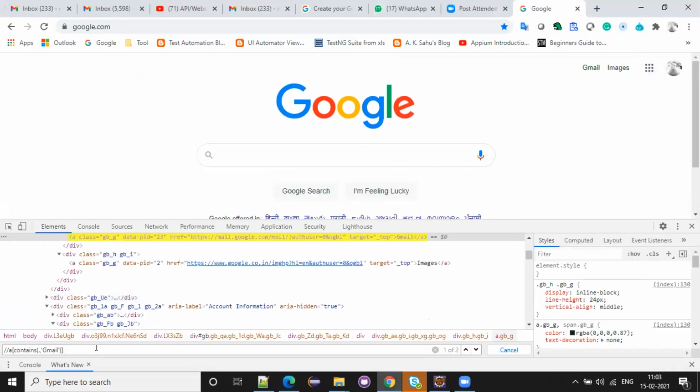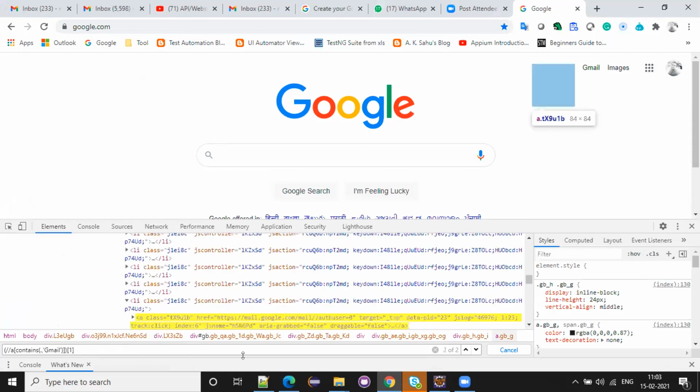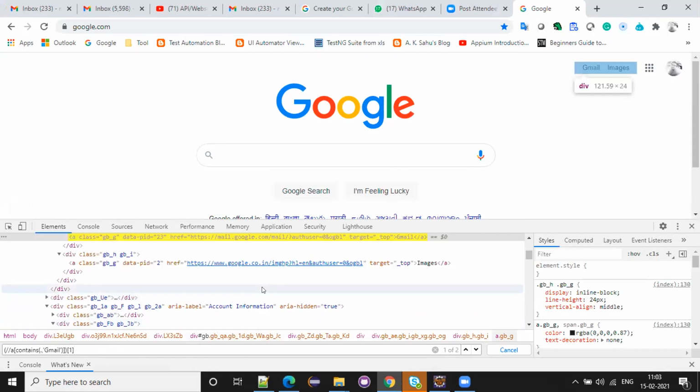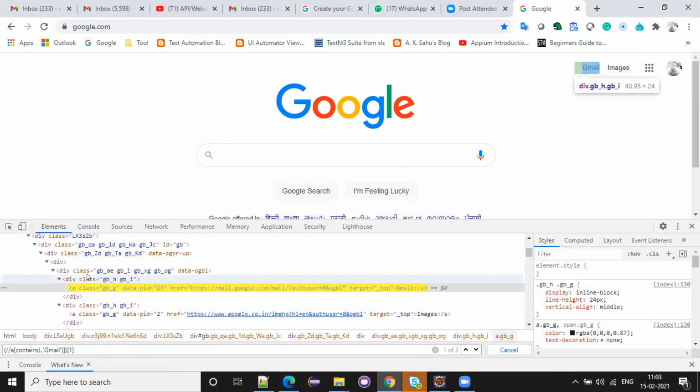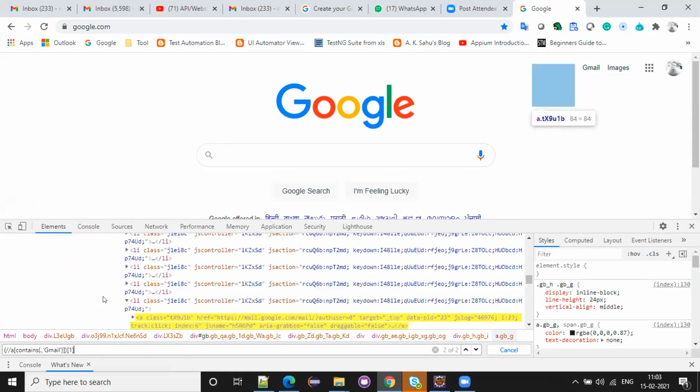See here, how can I pass the index here? Got it? I think again we are facing an issue. Okay, so then we will see, one second.